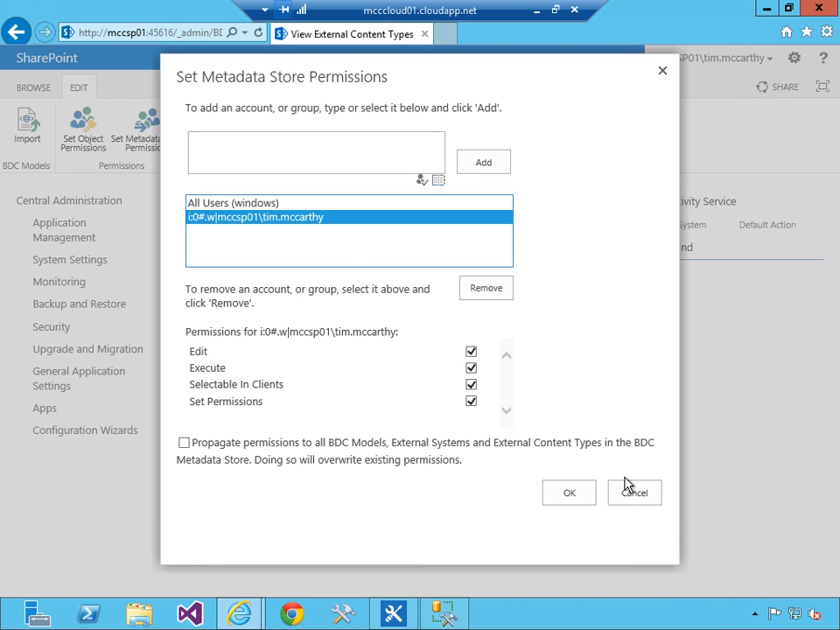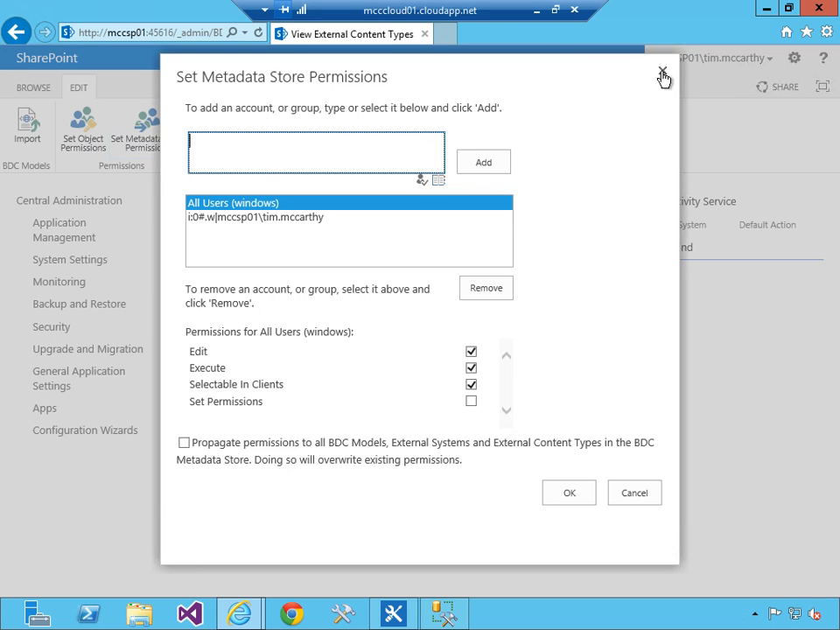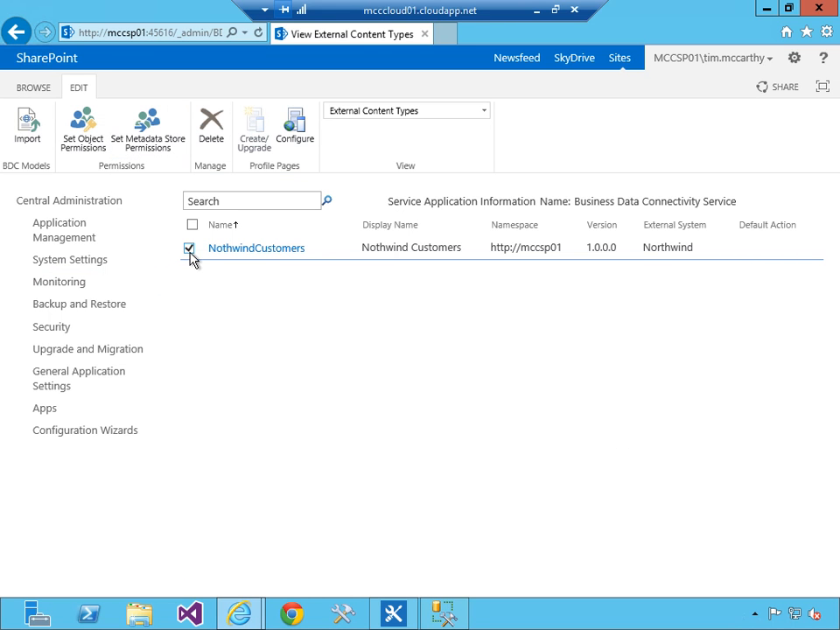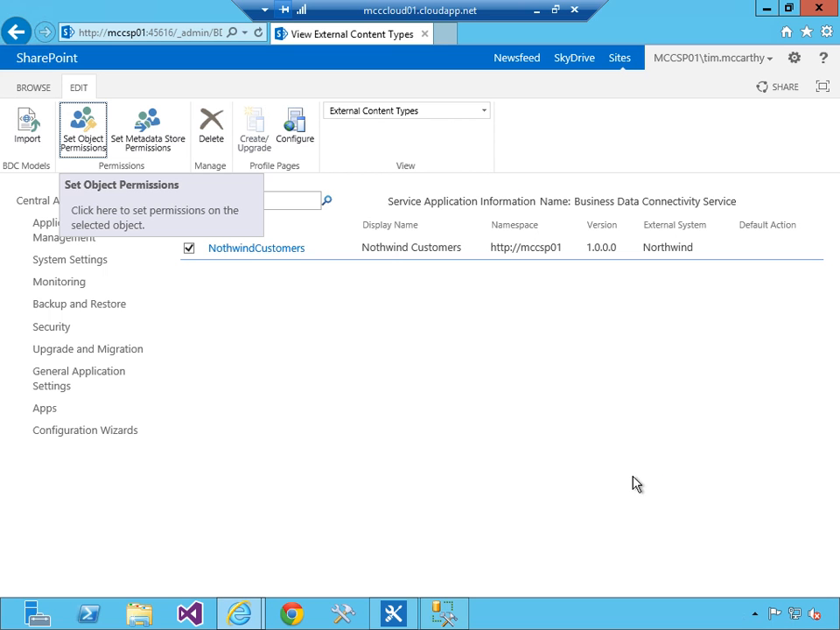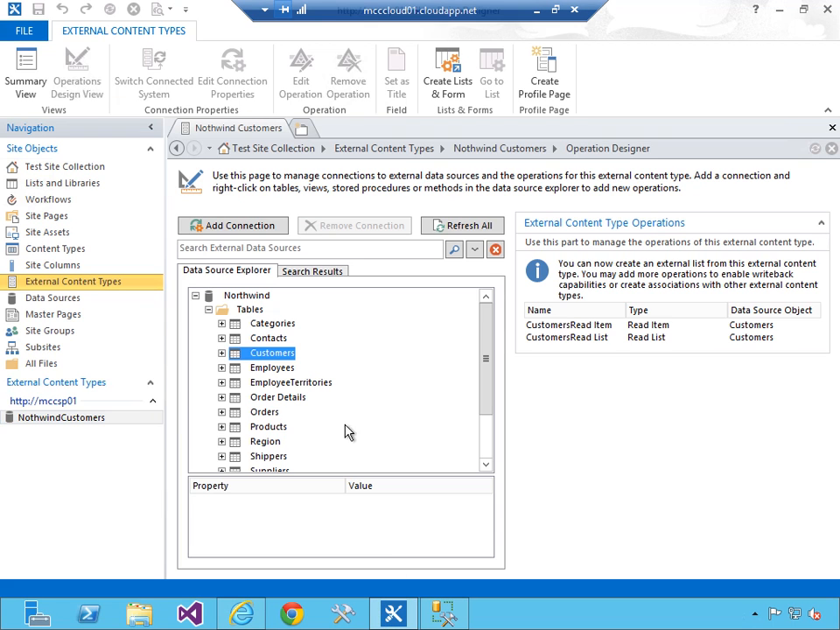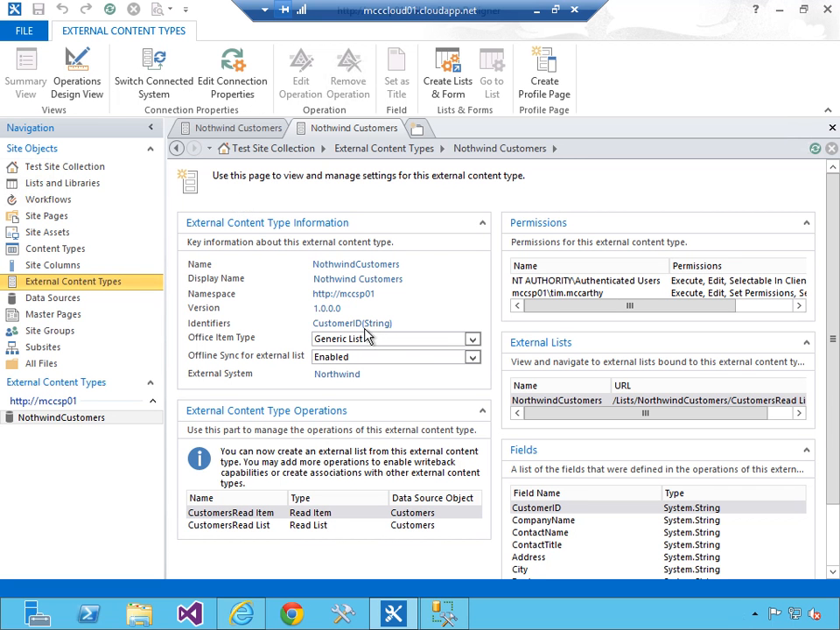But this isn't associated with anything. So what this means is that anytime a new service application is added, it's going to get these defaults. So if I check my service application and I go to set object permissions, they're already set because it was using the defaults there. Otherwise, I'd have to set them myself. So let's get out of here. Let's go back in SharePoint Designer. It's a lot easier to work with this in SharePoint Designer. So I'm going to go back to my external content type. I'm going to edit it,